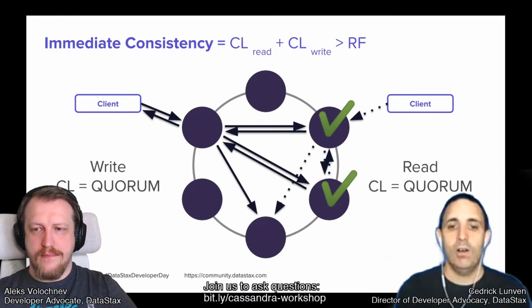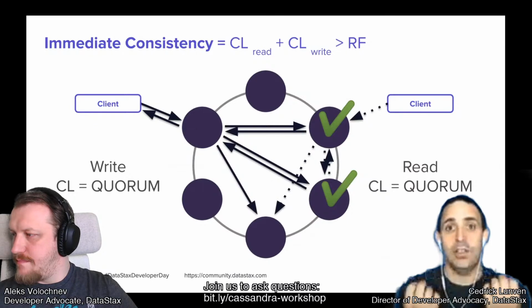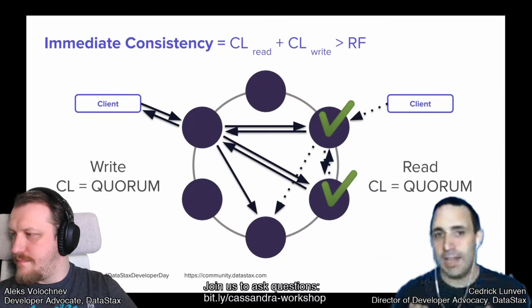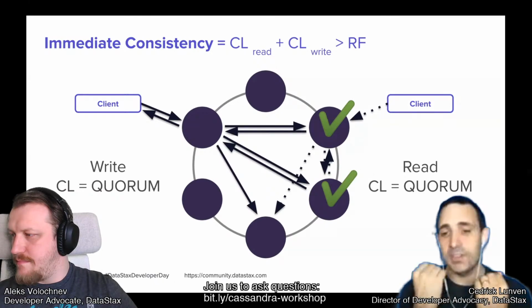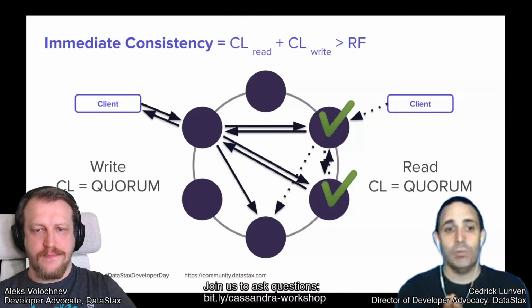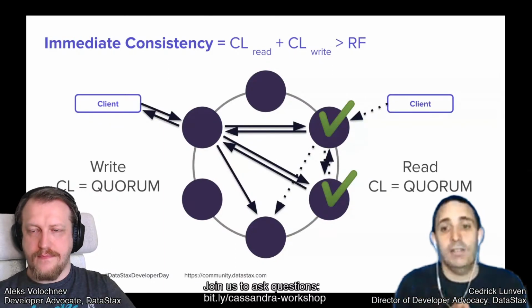Okay, now the coordinator node gets two different answers coming from two replicas. And you know what? The last write always wins. So comparing the timestamps, the coordinator node will know which one is the correct result and give it back to the client. And so with quorum, you are sure to get the latest value when you read.